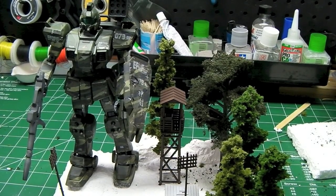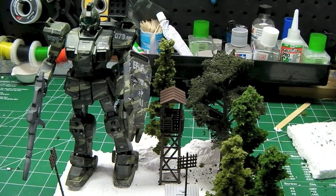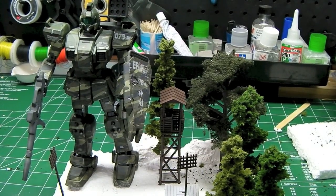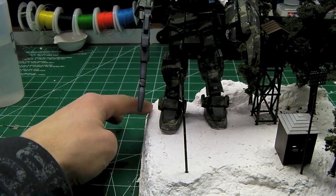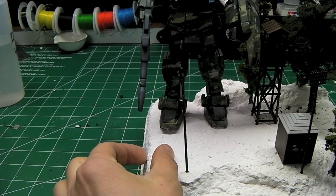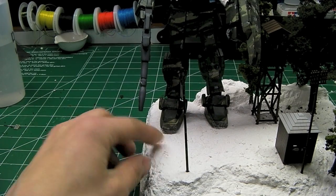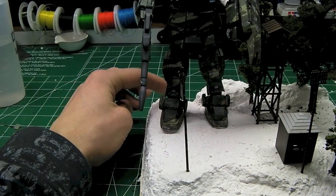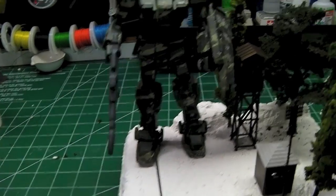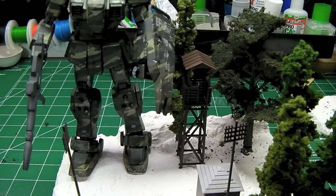And once you've finalized your layout, it's time to move on to the next step. I made a few little tweaks here and there. I extended out this edge about that far, just using some of the Sculptamold, just laying on a thick layer. And I raised up this back corner, removed the tree that was there, put it back there, and I also